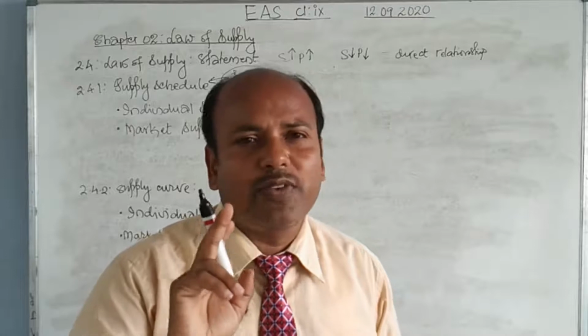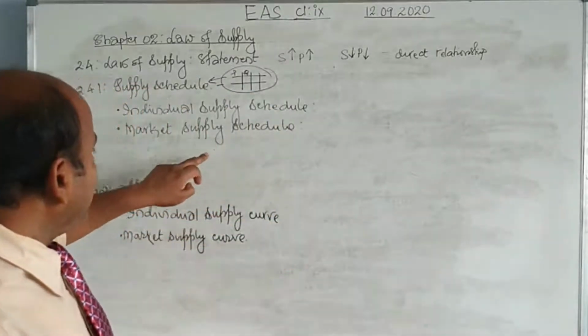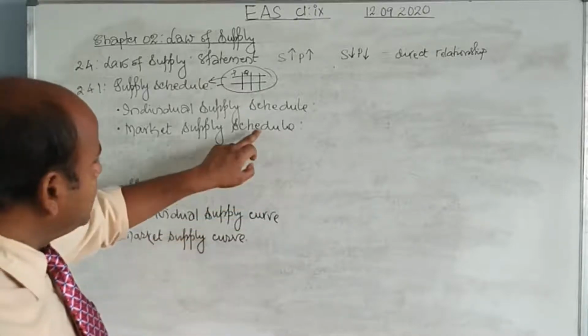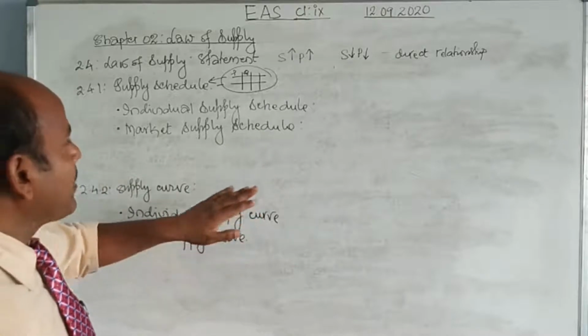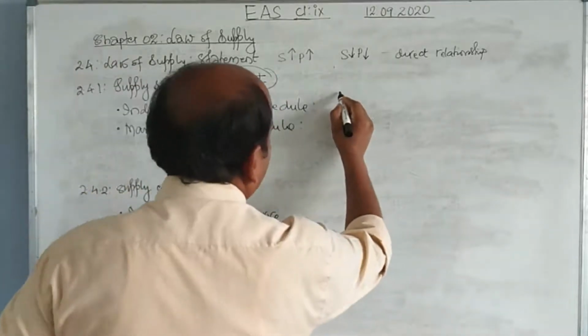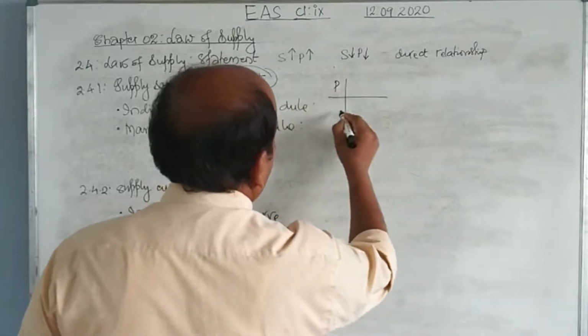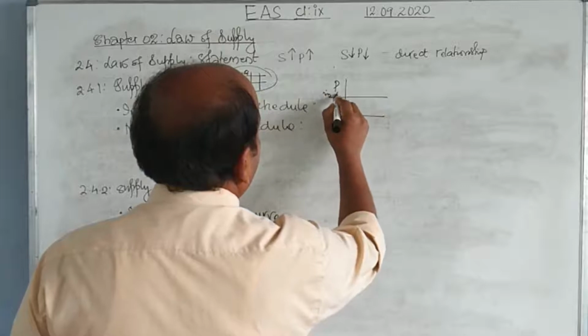The tabular form is very important for you to mention. Tabular form is schedule and graphical form is curve. Alright? So, if I make that, say, producer price, when the price is 10 rupees, price in rupees and